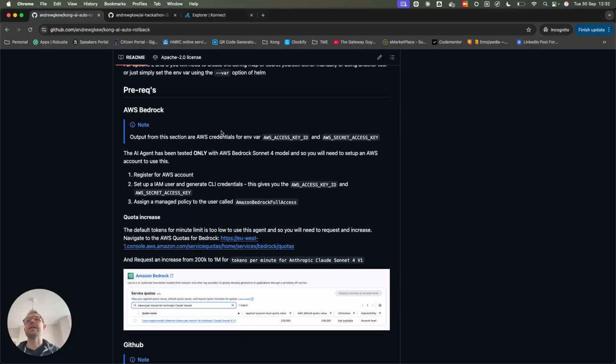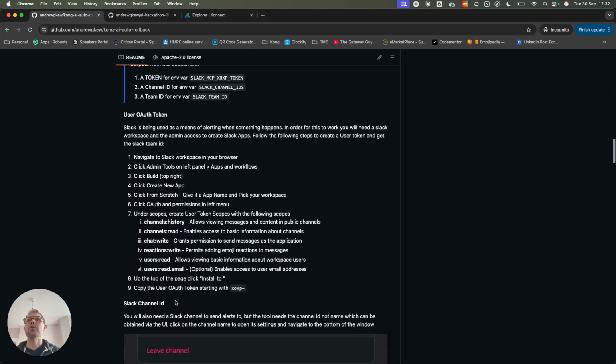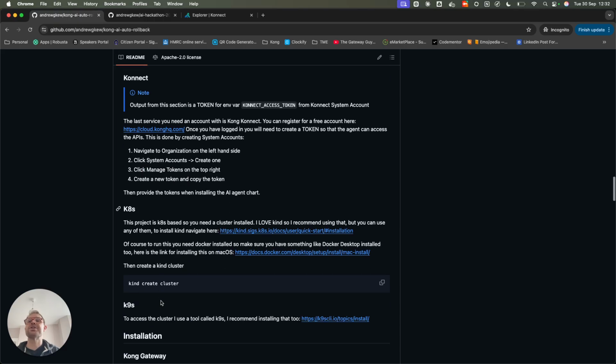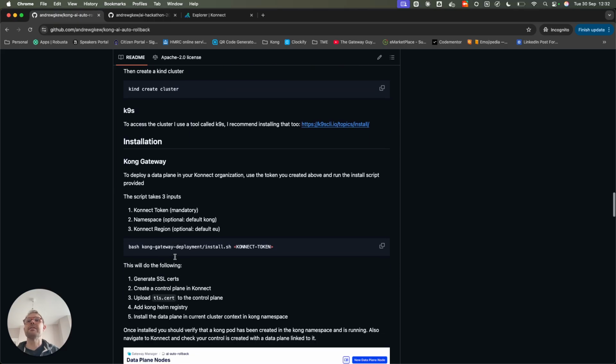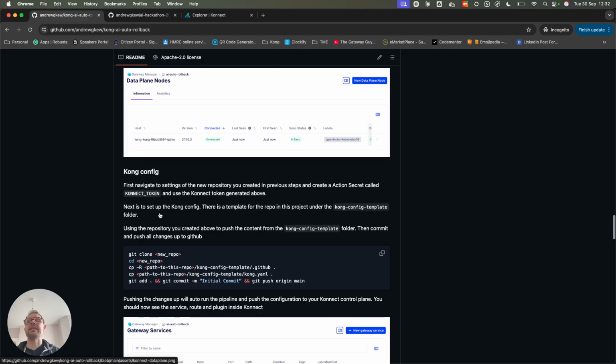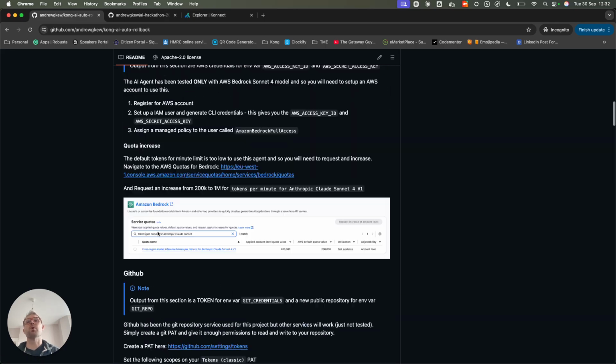So, AWS Bedrock for the LLM, GitHub for your repository, Slack integration, Connect integration, and then effectively deploying a Kong gateway. I've got an install script to create that for you automatically in Connect.